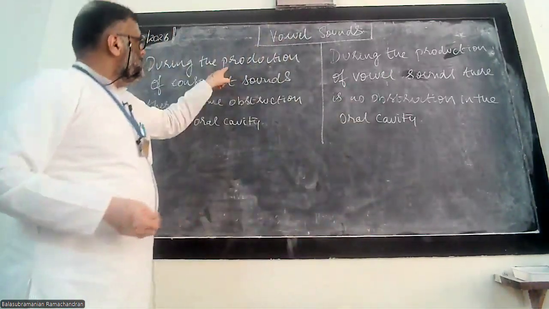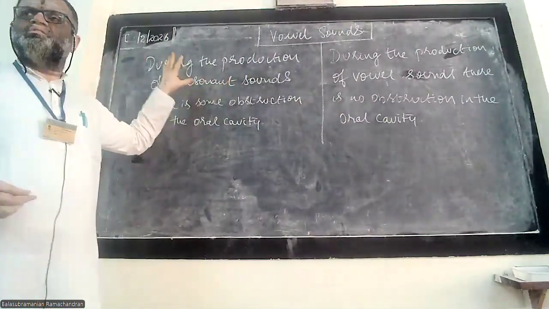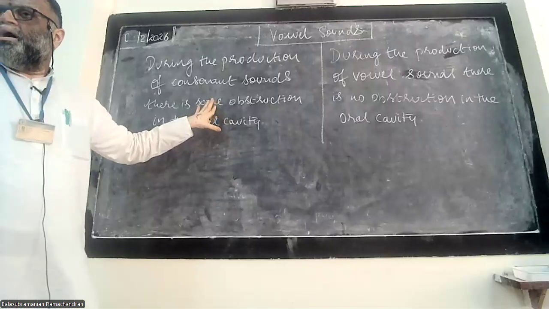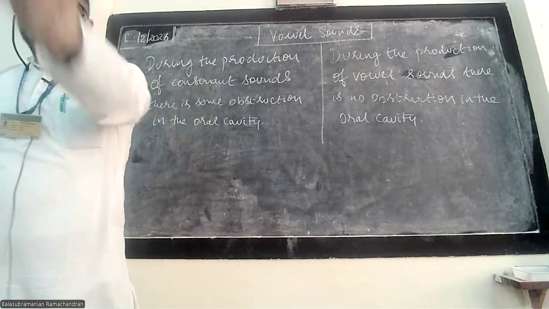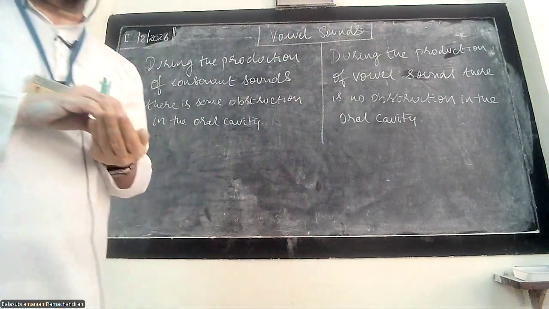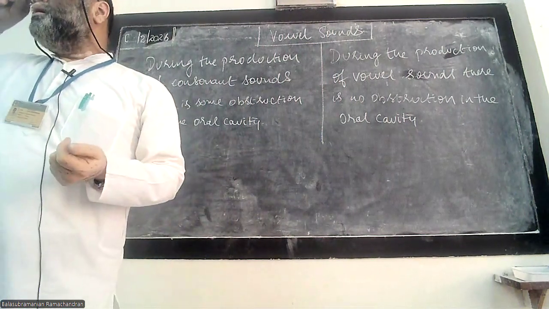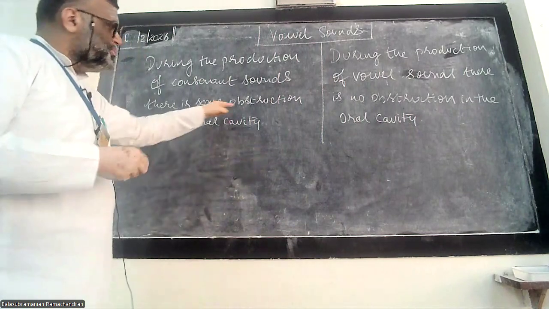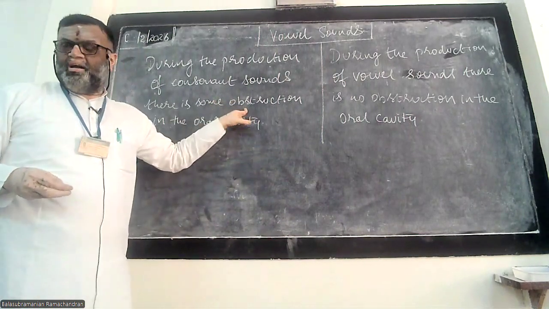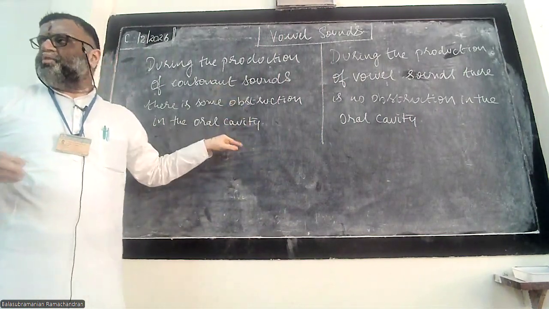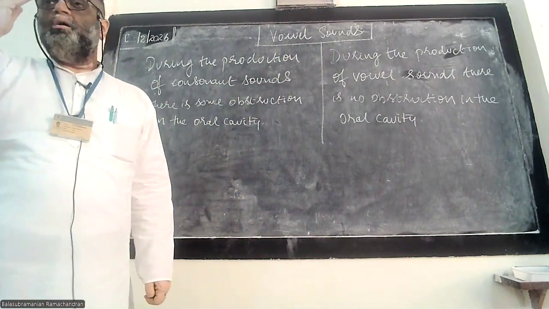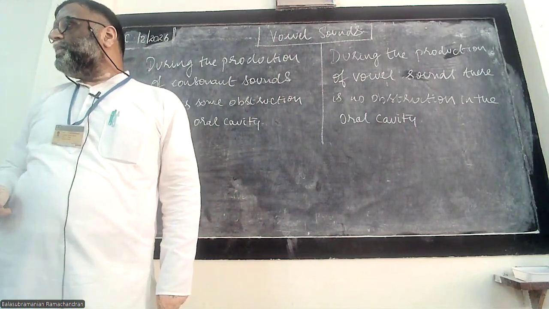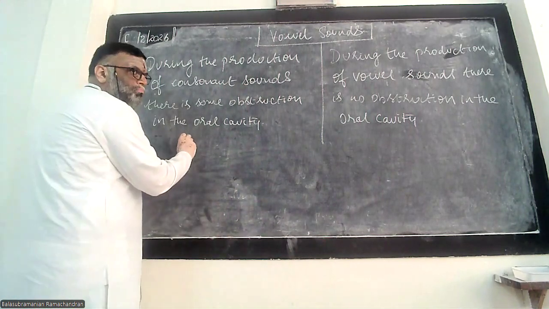So, during the production of consonant sounds, there is some form of obstruction created. And so, what are we talking about when that sound, the sound that I'm talking about, what is it called? Technically, what is it called? Yeah, obstruction. An obstruction is created in the oral cavity. I said some form of sound is heard. What do we call it? Technically, we call it manner of articulation.